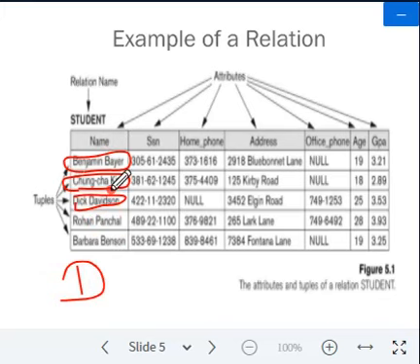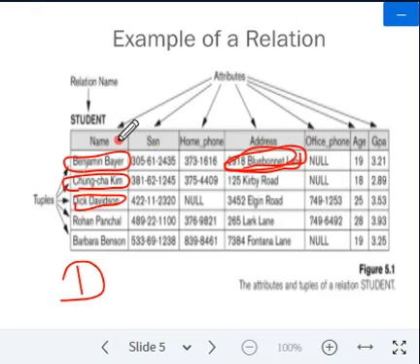By atomic, I mean that each value in the domain is indivisible as far as the formal relational model is concerned. When I enter the name as Benjamin Bayer, the DBMS considers Benjamin Bayer as one value. The address has many characters, but the entire address is considered one value. That is what we call atomic.